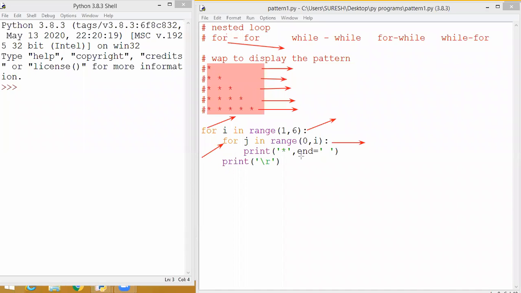You can use anything: 0 to 5 or 1 to 6 or 2 to 7, whatever you need, you can use here. Depending upon that, you have to set the second loop, that is the inner loop. What is the help of the inner loop? See, in the first iteration you got only one star, second iteration two stars, third iteration three stars, fourth iteration four.